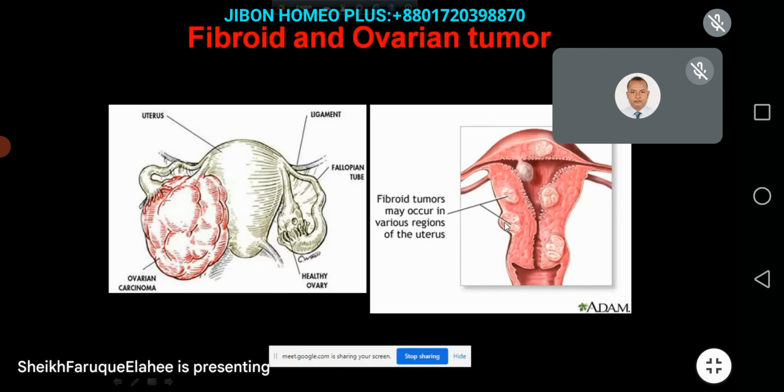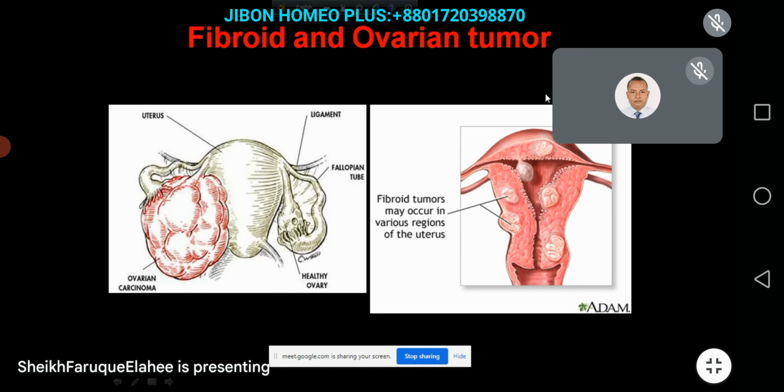If it is subserous, there will be no bleeding. If it is endometrial, there will be huge bleeding, metrorrhagia, menorrhagia. So again, if it is a smaller or moderate size one, okay, you treat it. But if it is very big, distorting the whole uterus, and pressing the urinary bladder, and the lady has frequency of micturition and cannot control urination, in such cases